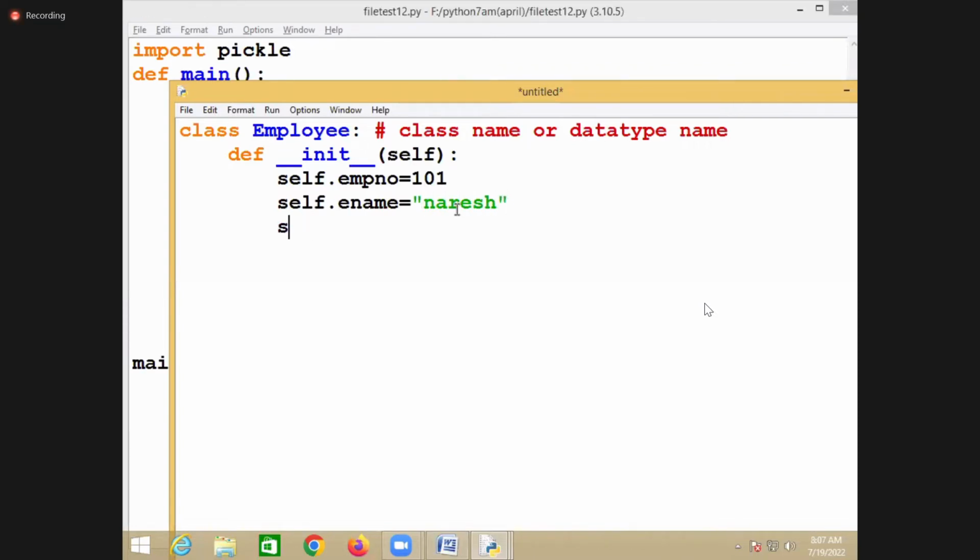Employee is having how many properties here? Three properties.